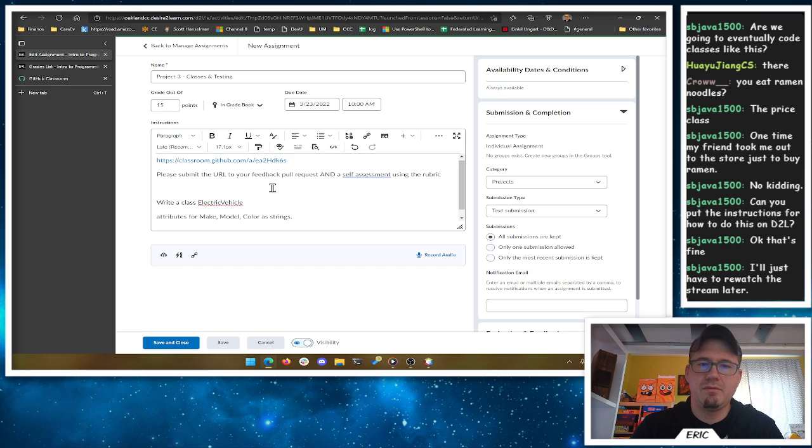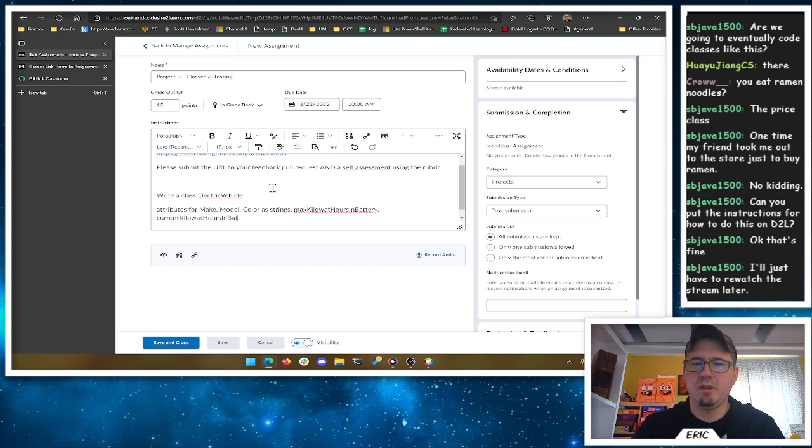We're going to have a max kilowatt hours in battery and current kilowatt hours in battery as doubles. Right? You can store, I don't know, 37 kilowatt hours. Don't actually remember. I think they're like in the hundreds or 200s, I want to say. And then the current kilowatt hours in battery as doubles here.